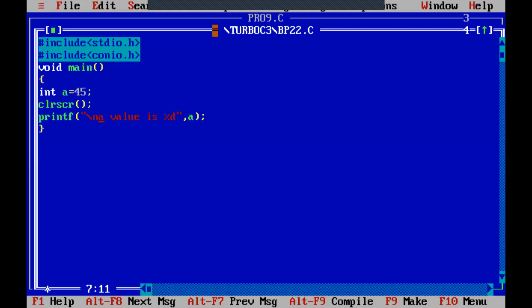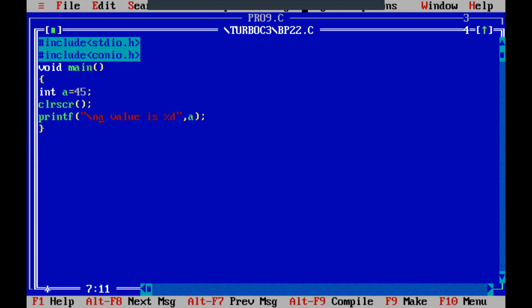Yes, 45. I told you each variable contains some size. I told you integer size is 2 bytes. If your operating system is a 16-bit operating system, the size of integer is 2 bytes. If it is 32-bit, the size of integer is 4 bytes.